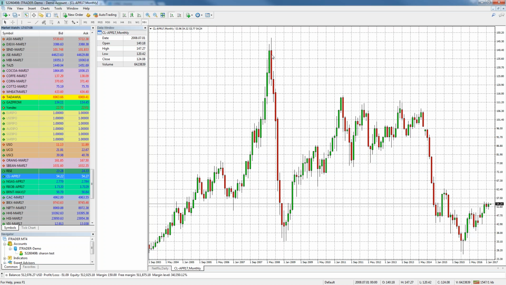You can see that the prices in 2008 were around 140, and back in 2014, we're talking about 3 years ago, it was around $100 per barrel. Today it's $54.24 per barrel right now. So it's around half the price of what it was 3